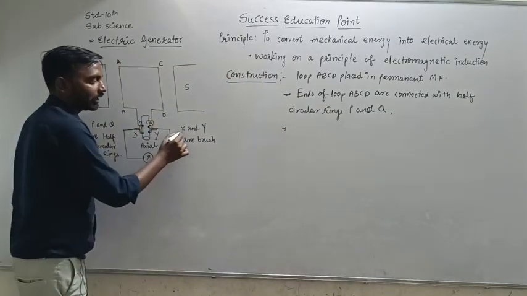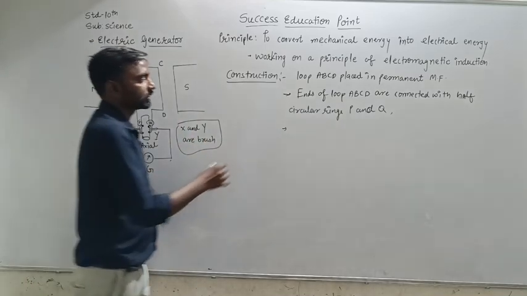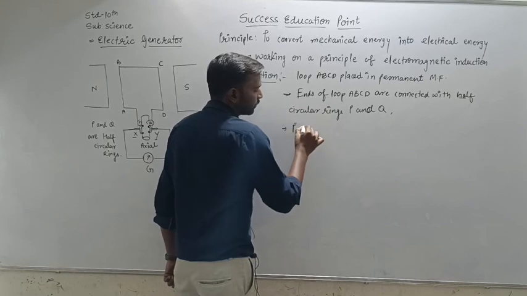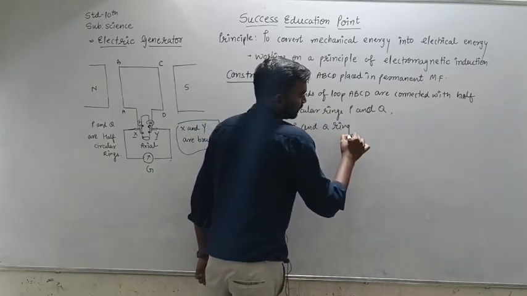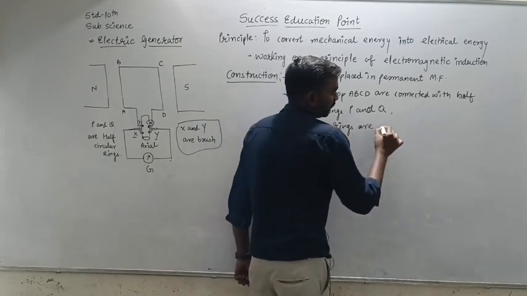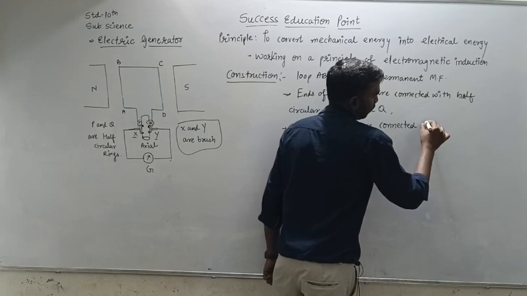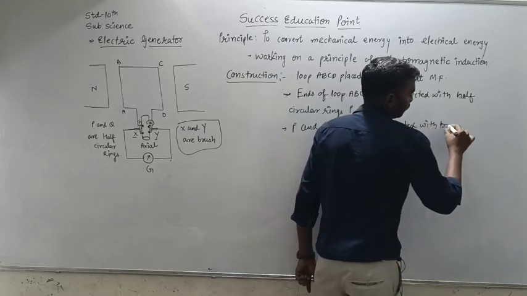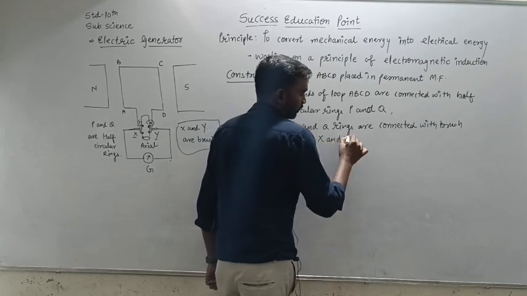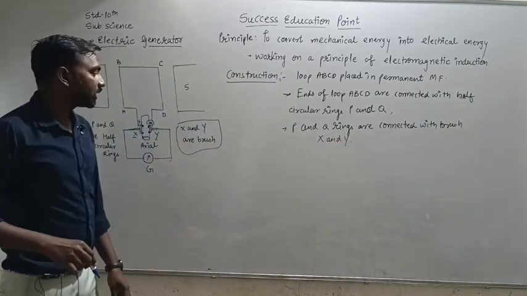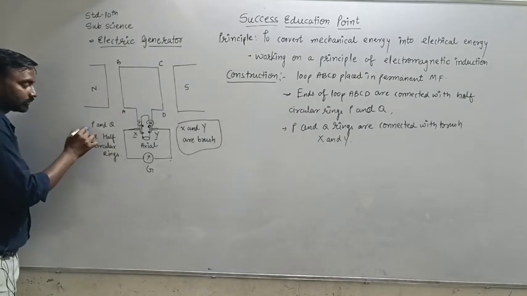As you can see, both the rings are connected with X and Y, and X and Y are the brushes. So in the third point: P and Q rings are connected with brushes X and Y. One thing you have to remember: both rings are insulated,